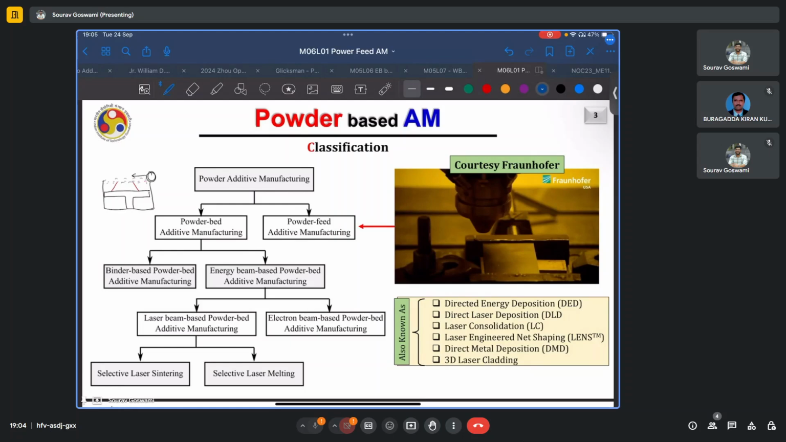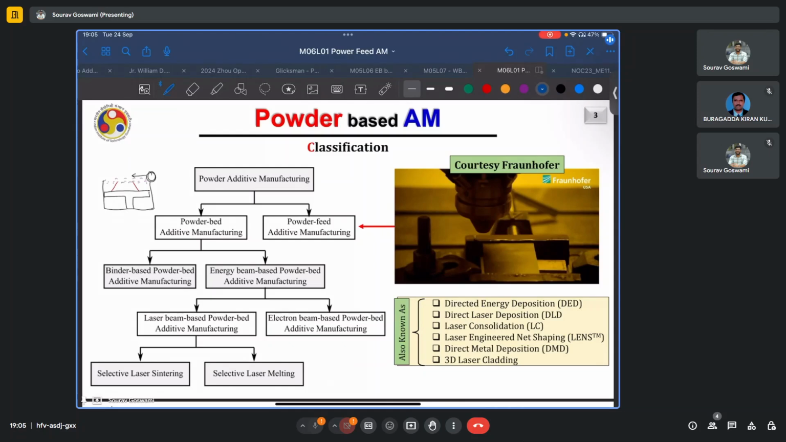Or you have a powder feed type additive manufacturing process where there is no bed, there is just a substrate or a pre-deposited layer, and you are depositing the powder in real time. So these are called directed energy deposition processes. So powder based or blown powder, directed energy deposition. Today we'll be talking about powder feed additive manufacturing processes, but for the bed based processes also, it may either